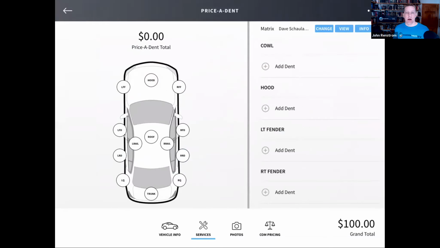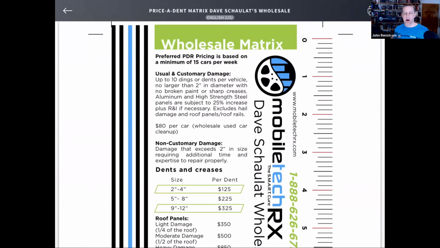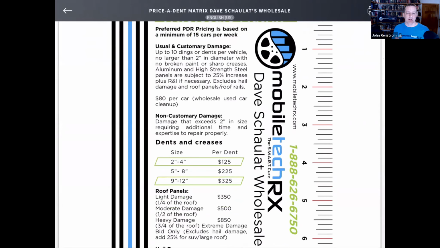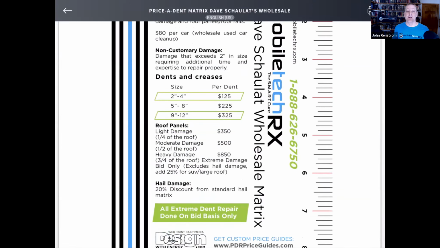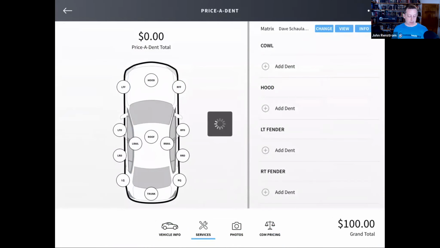When you're getting into price dent, you see that up top, we've got the Dave Shalott wholesale matrix. We're going to pop in, view that and understand what it is, and compare this to the other large dent calculators that are out there that are preloaded, whether you make your own, but you can see the difference. Now, instead of changing every inch, we see this is going up to 4 inch, 2 to 4 inch. Anything below that is figured into your normal pricing, whether it's per panel or your overall charges. But this goes above. Dave made this. Read through it, print it out if you need to. If you've never seen one of these, I would suggest hook your tablet up to a printer, print this out, read it, understand it, see if how he has it broken down works for you and your company. But then it's just a matter of going in, you click in the panel,